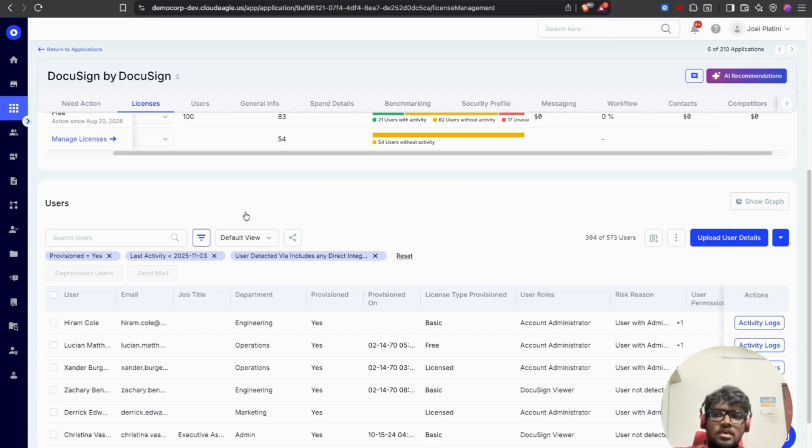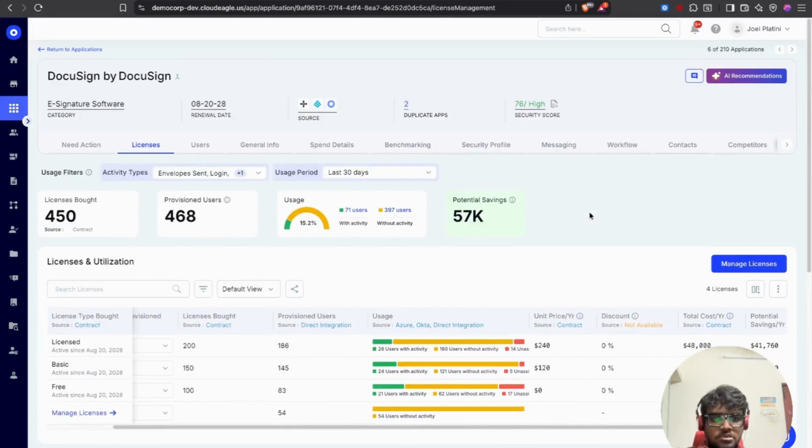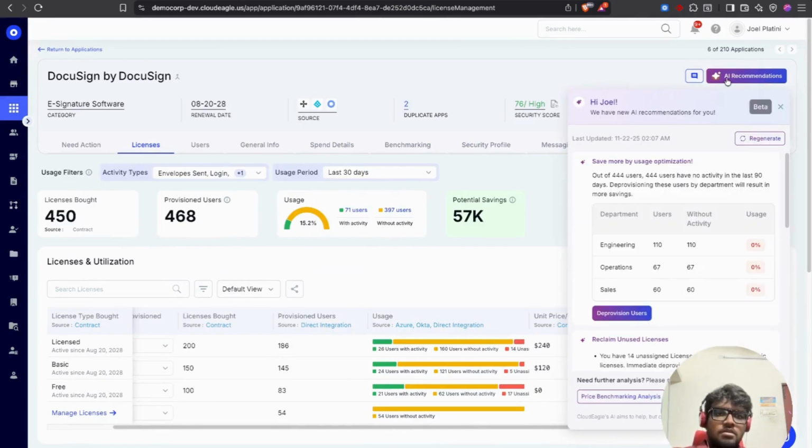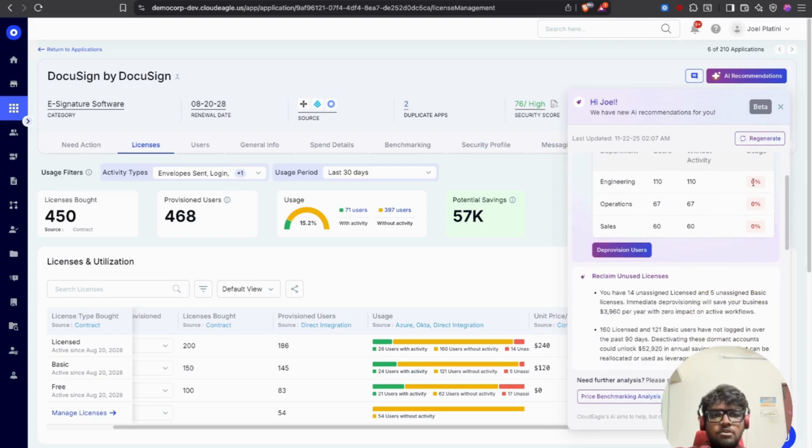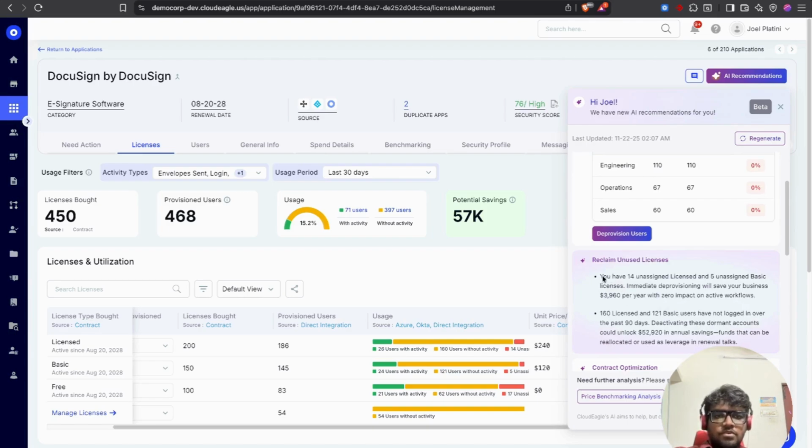So before I show you how license harvesting works, I want to take you through these AI recommendations. Now this is a very interesting aspect of CloudEagle. Here the AI recommendations will give you a summarized version of how each of the departments is utilizing these licenses, and how you can deprovision them, and it will give you very summarized data on how many users you can